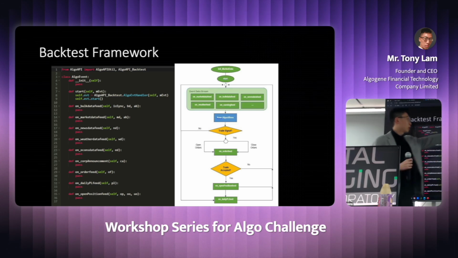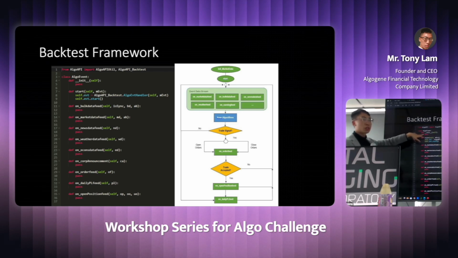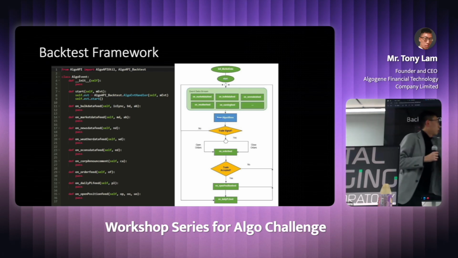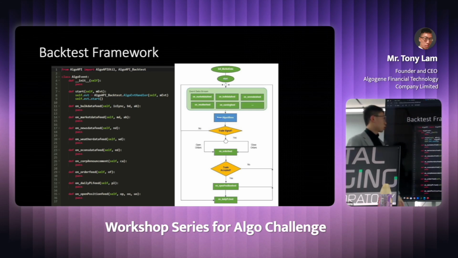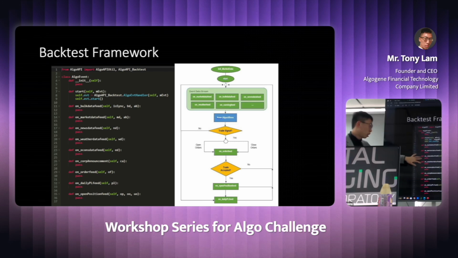So as you can see, at the first step, we need to initialize all the variables, like the initialization step. And then the next step is to start the algo process. Once we start the algo process, our event cards will keep listening to different event streams, like the market data feed. For example, if you subscribe to some news data or weather data, you will also keep listening to different kinds of data streams from different blocks here: news data, weather data, reproduction statistics, etc.